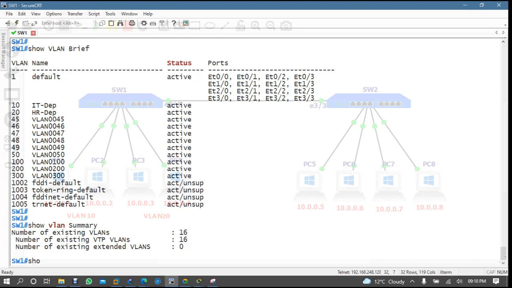We are only working with two switches, right? But in a large organization you have to work with 50 switches. So in that case, these commands will help you. So if you type here show